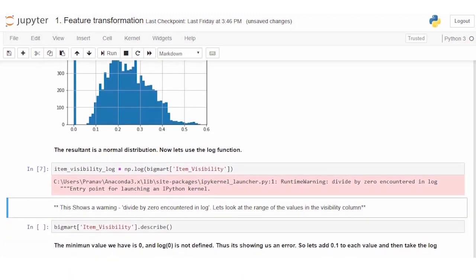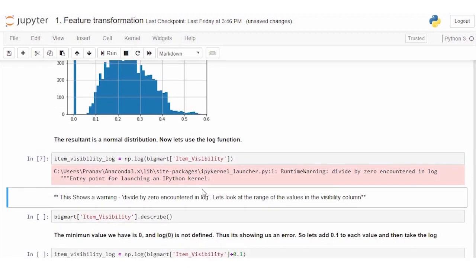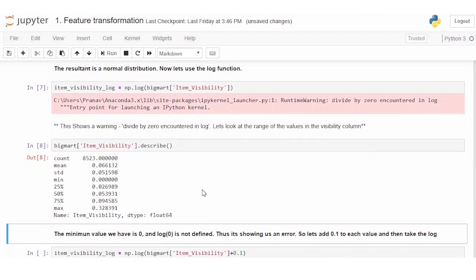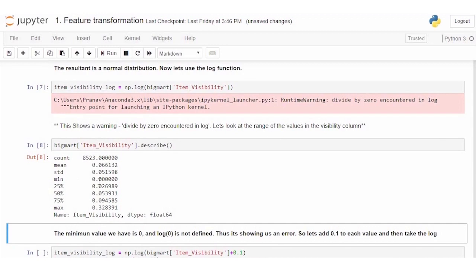Can you guess why that is? Well, look at the variable distribution. As you can see, we have a minimum value of 0, at least one value. I'm sure there could be more. But the log of 0 is not defined. That is why we're getting an error.